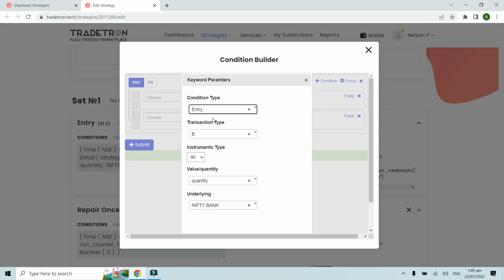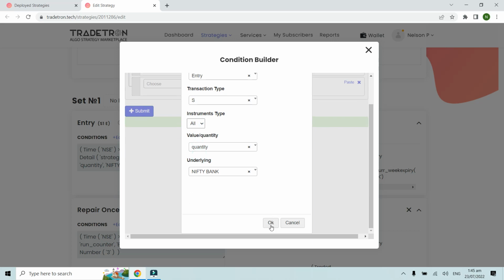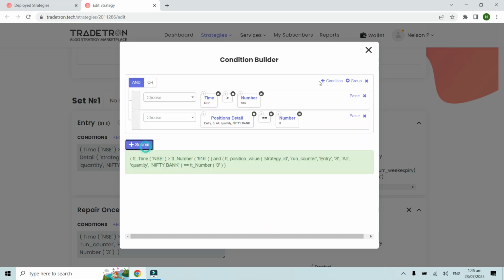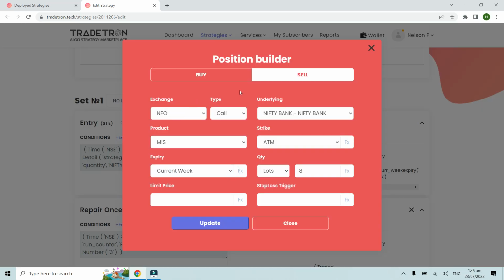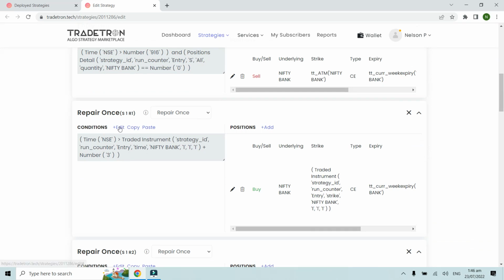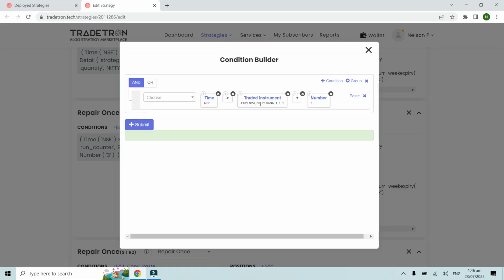Over here also I've made a mistake, because I've used the same template while creating this. So that's the reason why I did not update this properly over here. This should be basically sell because we are selling it over here, right? So over here we have sold off 8 options, and then after 3 minutes of the entry time,